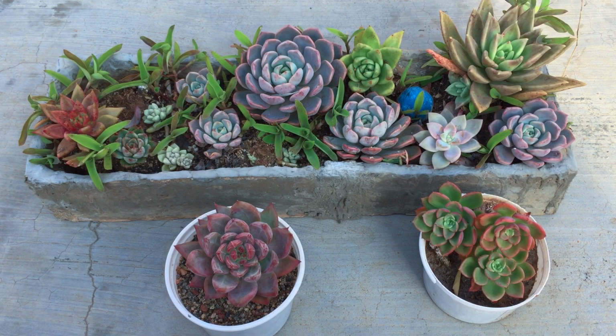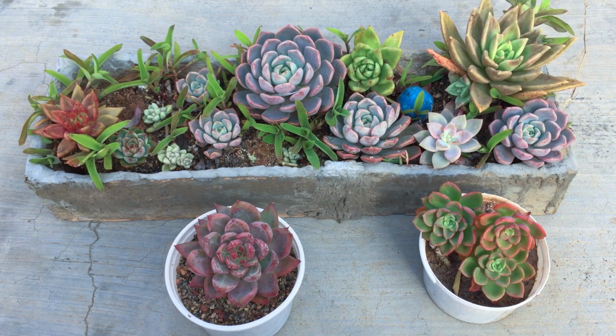Because the issue with this is what I have noticed, and a lot of people have shared this with me, that a lot of people have lost their succulents because as soon as they got their succulent, they planted it and they went ahead and watered it. And for some reason, the succulent started to rot probably the second or the third day. I'm not very sure what the reason is, probably because the succulent has just come in, or probably the succulent had